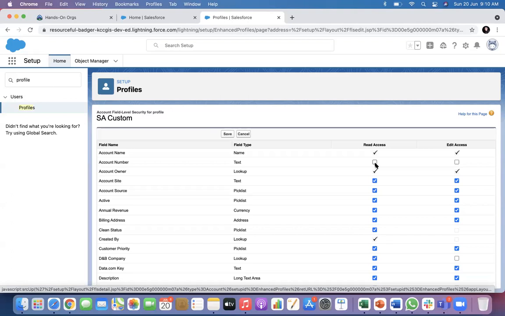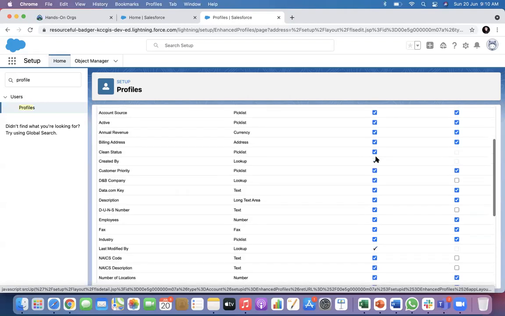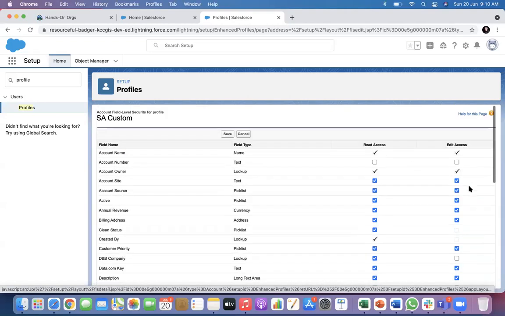Clear? So taking out from page layout is not secure. Taking out from this field permission is actual security. Similarly, you can make a field read only.